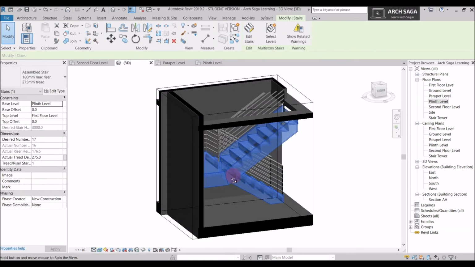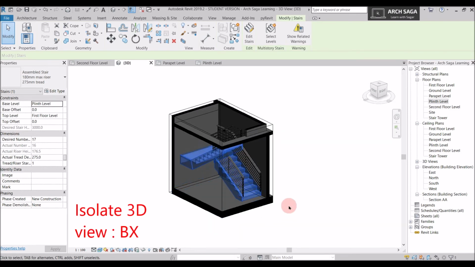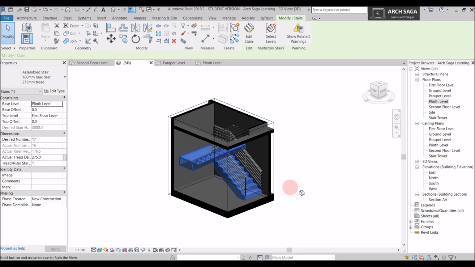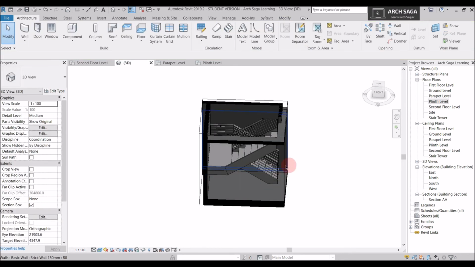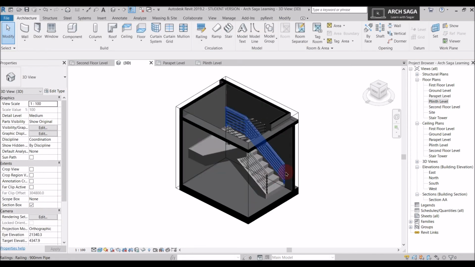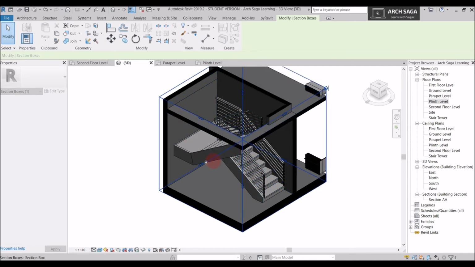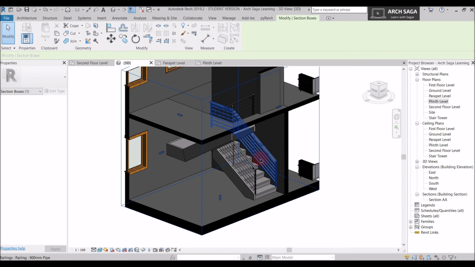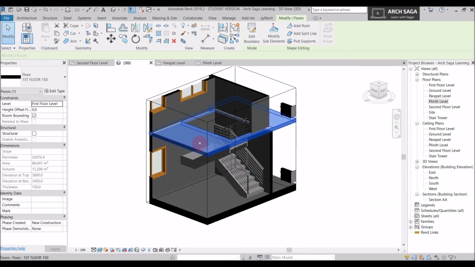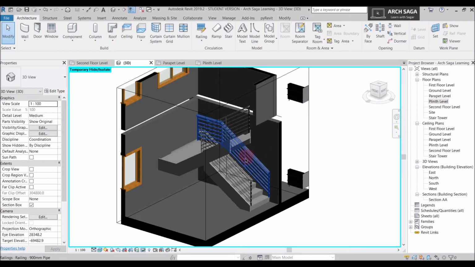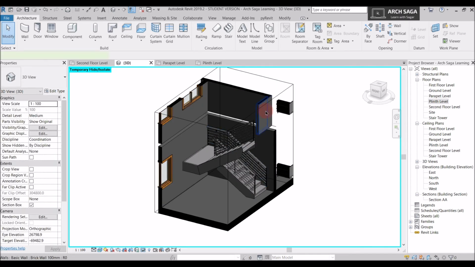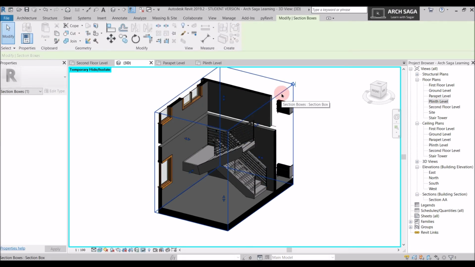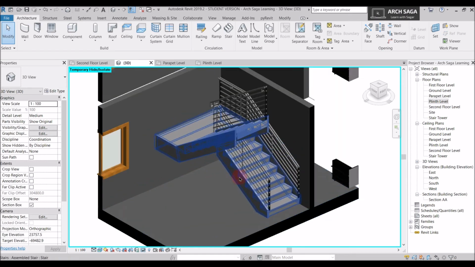3D from here. So I have pressed the shortcut called BX by selecting an element. So you will see the 3D of the part which I have selected. So this would not open a complete 3D view, but only a part view which I want to see. I will just adjust the crop boundaries, and now I can see my complete stair here. I will just hide this floor by using the HH command, which is temporary hide an element. I will just hide these elements, and now I can completely see my staircase.